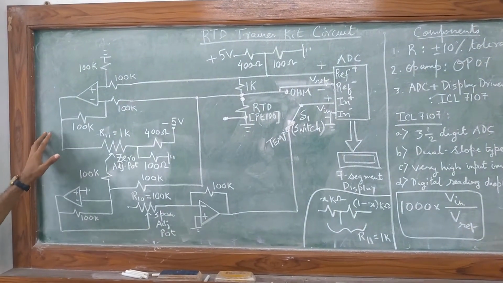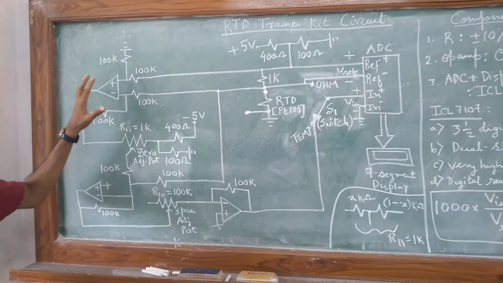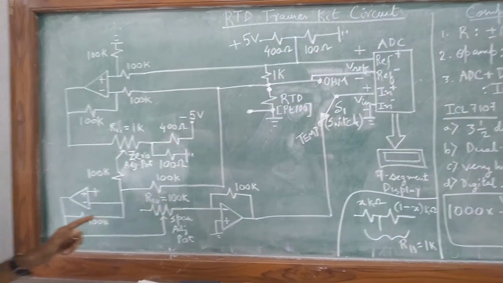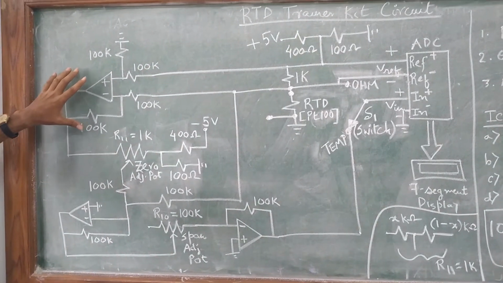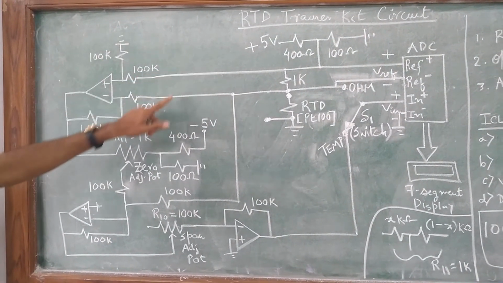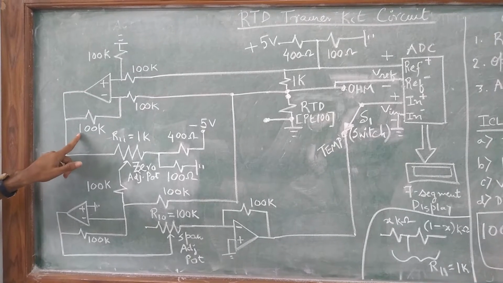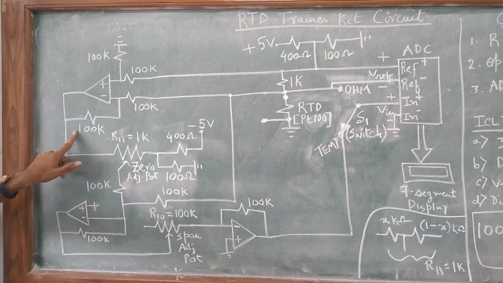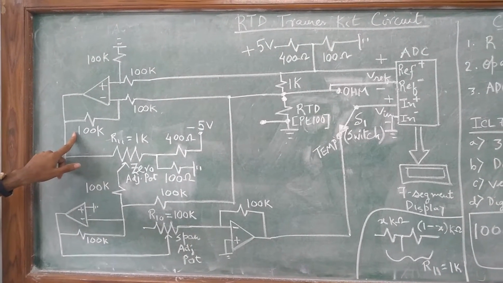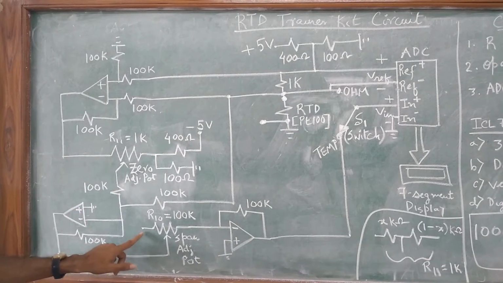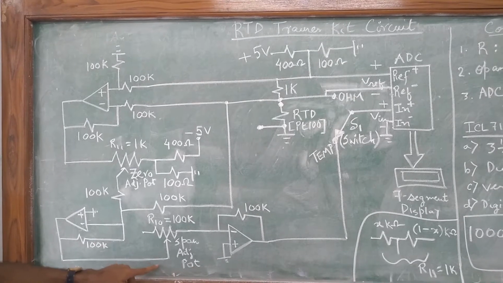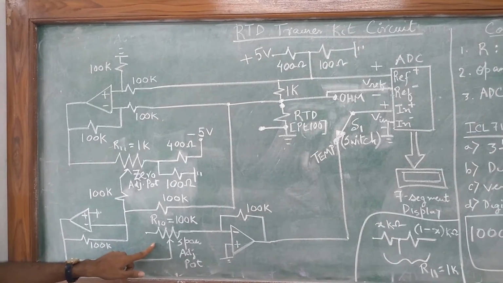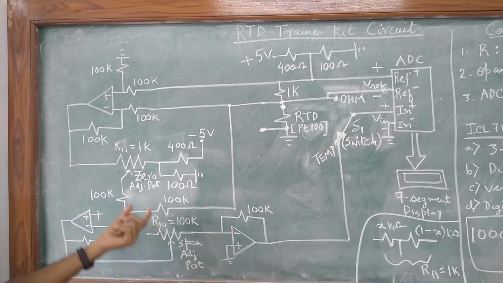Now we come to the basic building blocks which make up this entire circuit, and one by one, if you look at this particular building block, we can identify this as the difference amplifier. We can identify this circuit as the inverting amplifier. These are the potentiometers,